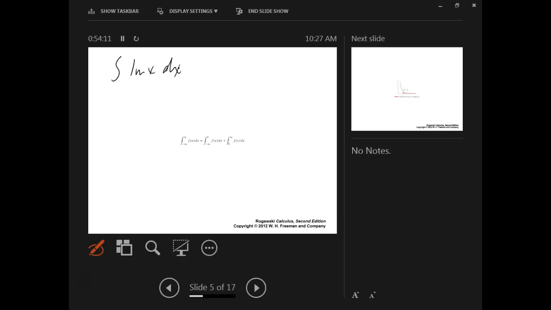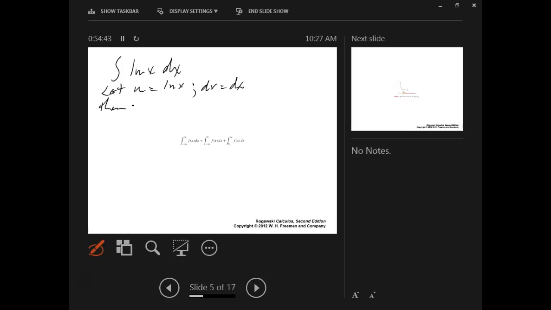Well, if you need a u and a dv, that's what you need for integration by parts. U equals something and dv equals something. What does dv better be? The dx. It has no choice. It has to be the dx. What does that leave the u to be? Log x. That's the only choice you have. Okay? Then,